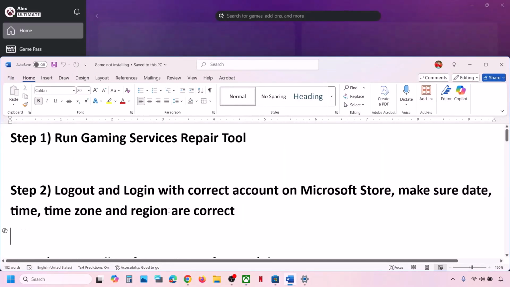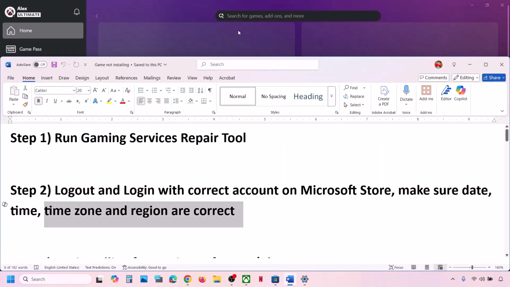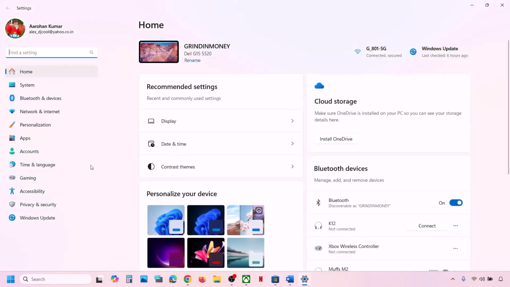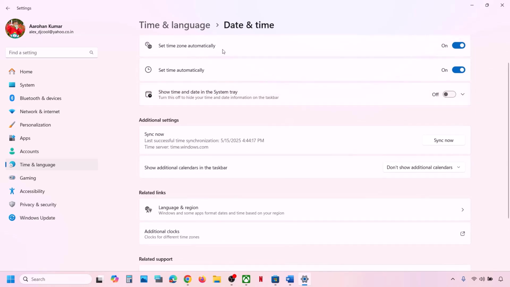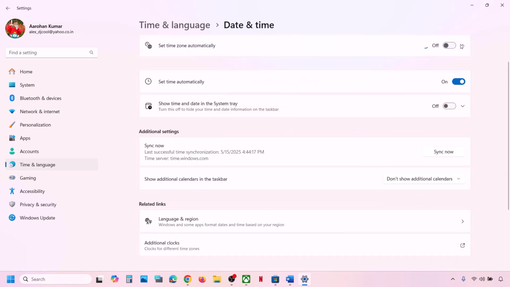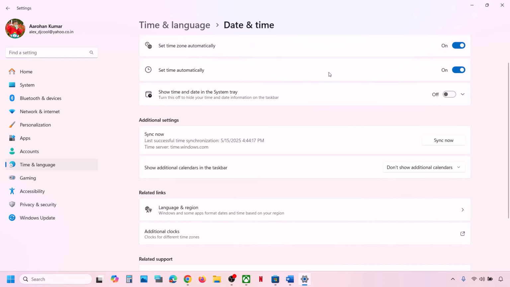Now also make sure date, time zone is correct on your computer. So now for this you can go to Windows settings, go to time and language and then go to date and time and make sure set time zone automatically is on. So if this is off you can turn it on. Also set time automatically, make sure that this is on. If this is off you can turn it on. Make sure both are on and then click on sync now. Sync now is important, so click on sync now. If you receive any error in red color, just click on sync now multiple times, and once this is synced,